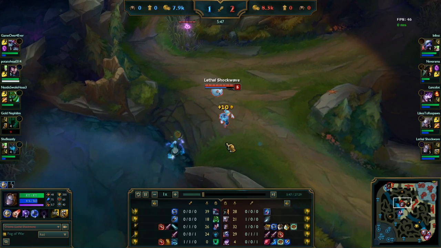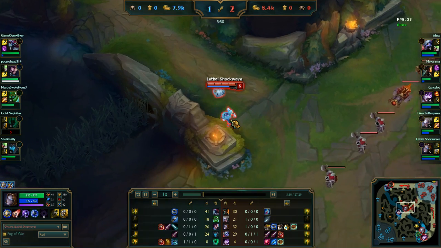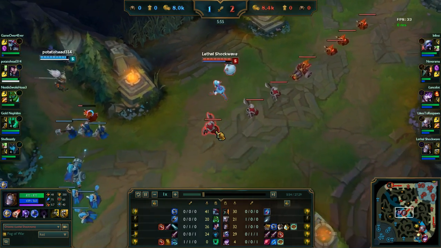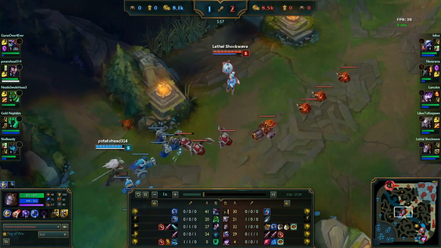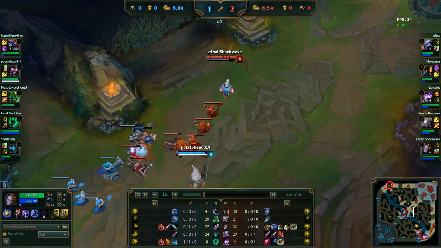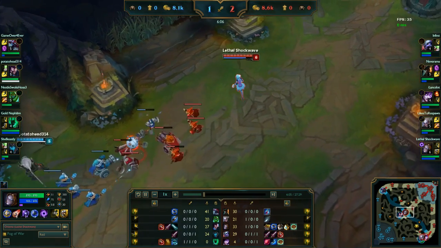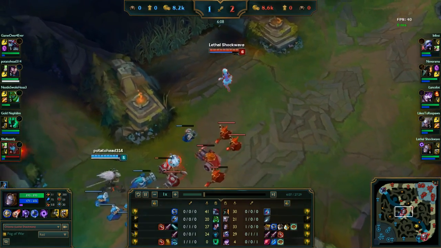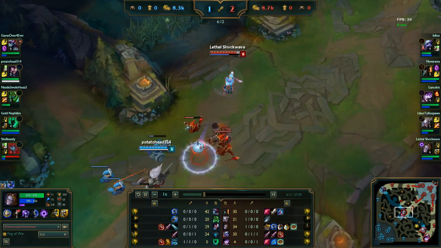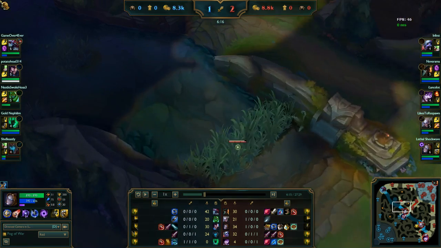Putting a ward there is okay, but there's not that many reasons why you should put a ward or a pink ward there. Zac is not inclined to invade your jungle. There's not many risks for your team if the Zac is invading the jungle. So putting a ward there is denying yourself the vision that you could have had if you put the pink ward